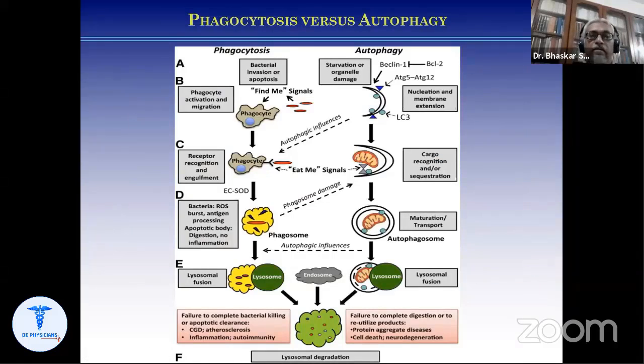And then, very much like phagocytosis, there is autophagy, where the cells which are damaged by this infection can activate different proteins like Beclin-1, ATG5 to ATG12, then LC3, and many other proteins, which I will show in the next slide, which can lead to the autophagosome formation that fuses with the lysosome and ultimately destroys these cells. So this is the lysosomal degradation.